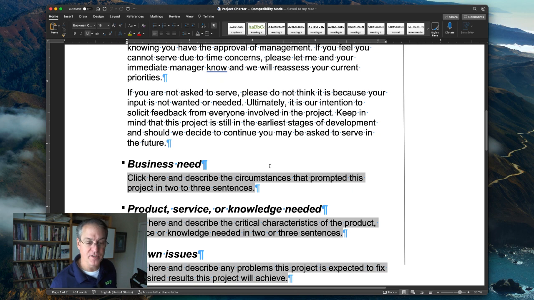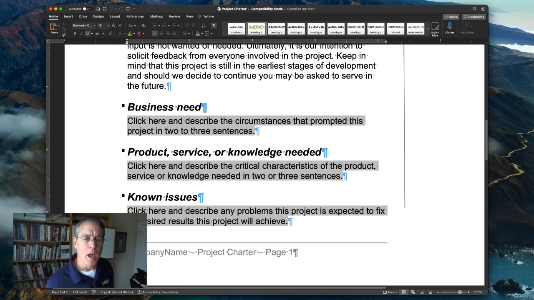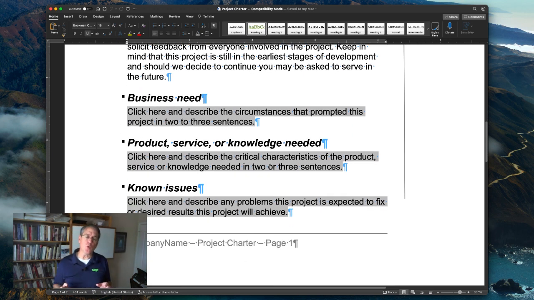Let's talk a little bit about the rest of this document. Now, much of this would come from your feasibility analysis as well, but since we didn't have time to go through that, I'm going to cheat a little bit and talk about some of these things that would be inputs that we would probably just cut and paste from a feasibility document and drop in here.